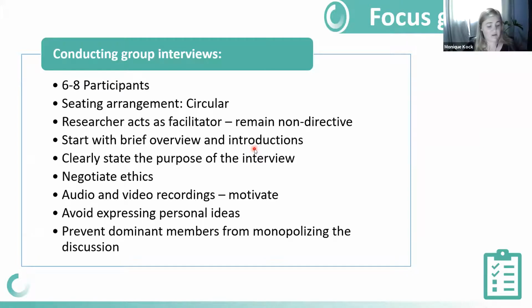The moment when you as the researcher, being the instrument, notice that a member is monopolizing or taking the conversation over, you would need to guide this conversation and ask other participants. Thank you, participant B, for your input. Can I hear more from participant C? Participant D, what is your perception based on what participant C just mentioned? And you would create a flow within this focus group.